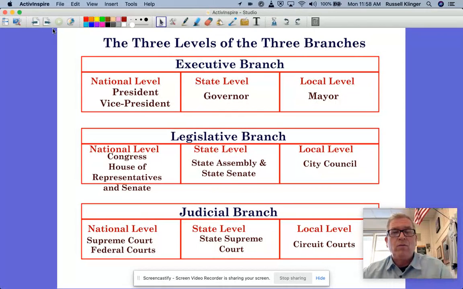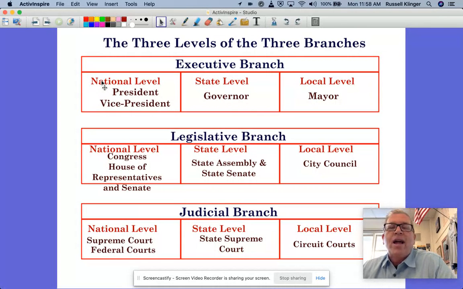So when you think about how this applies to me, like, Mr. Klinger, this is all hypothetical stuff. I think it's all Washington, D.C. It's not where I live. Well, I want you to think about how these branches are all the way down to the local level. So what I've done here is I've kind of given you